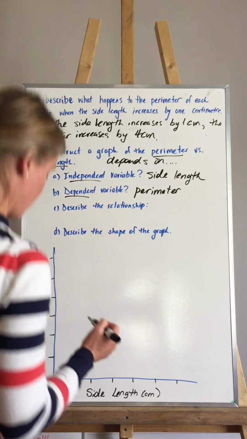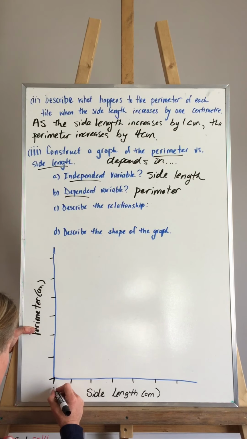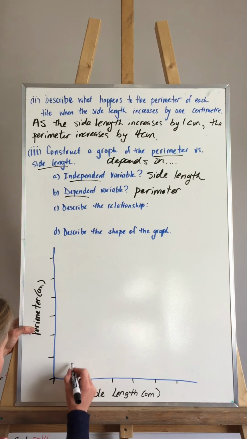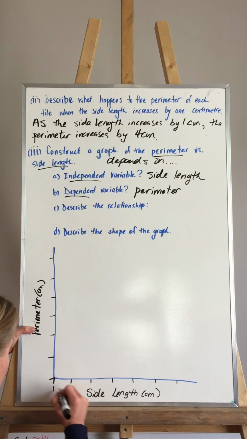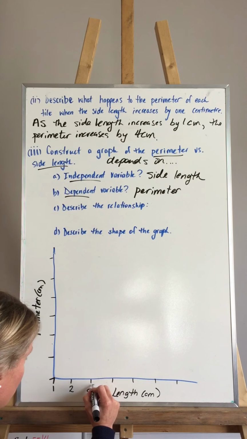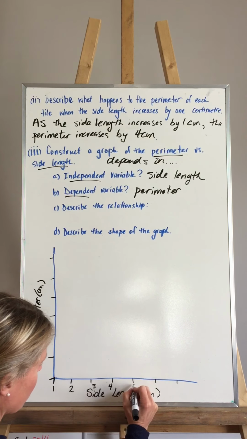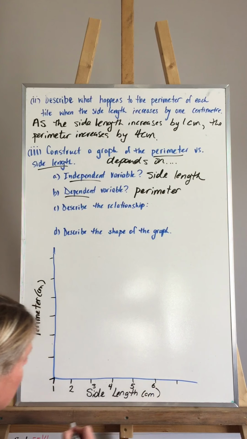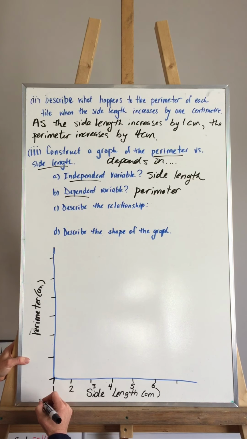So let's do 1. We're going to start at 1. 1, 2, 3, 4, 5. That's as far as we needed to go. Okay, and our perimeter